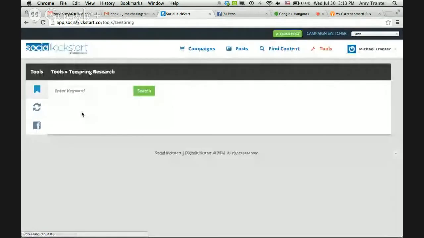One cool thing here is Teespring research, and I thought you guys would really like this. Let's say, for instance, we're all selling shirts online and through Teespring. One really cool feature they have is that you can actually find other people's T-shirts and see what other people are doing, maybe to get yourself some ideas. And so if I just type in dogs here,